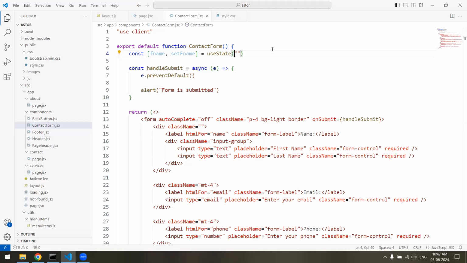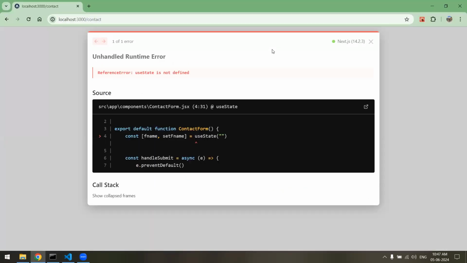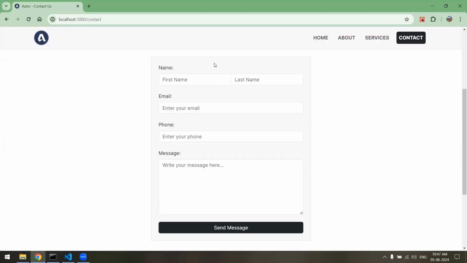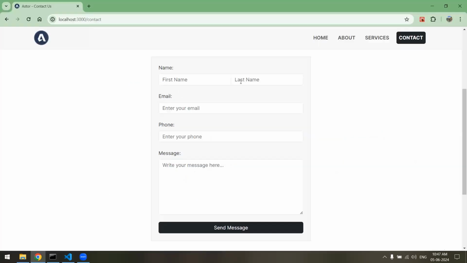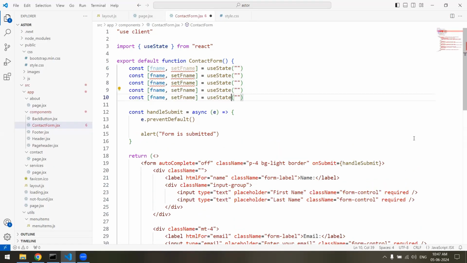We'll have to import useState from React. Like this we will create variables for all of the input fields. We have 1, 2, 3, 4, 5 input fields. So fname, setFname, then lname, setLname,